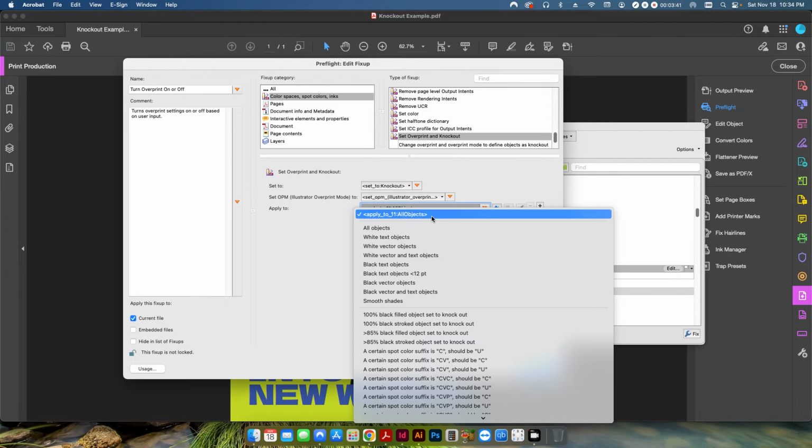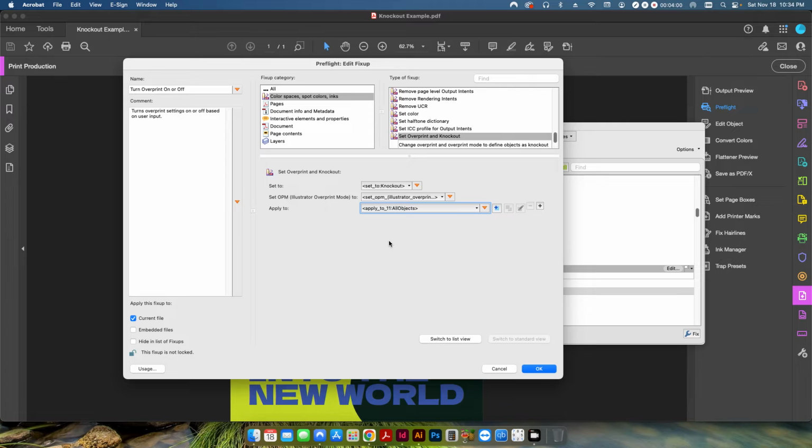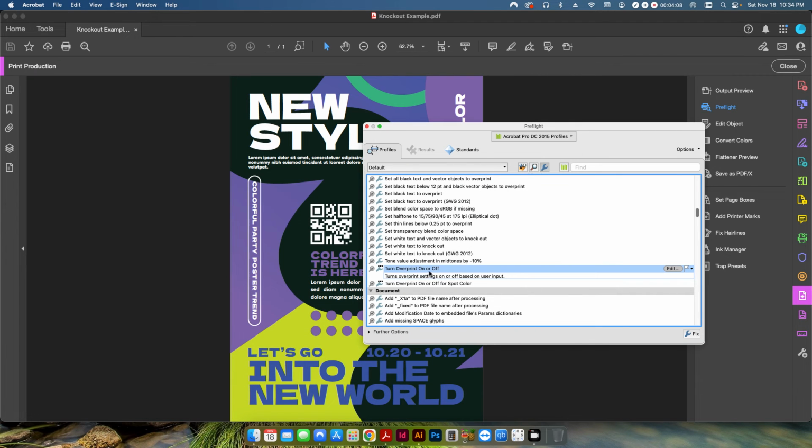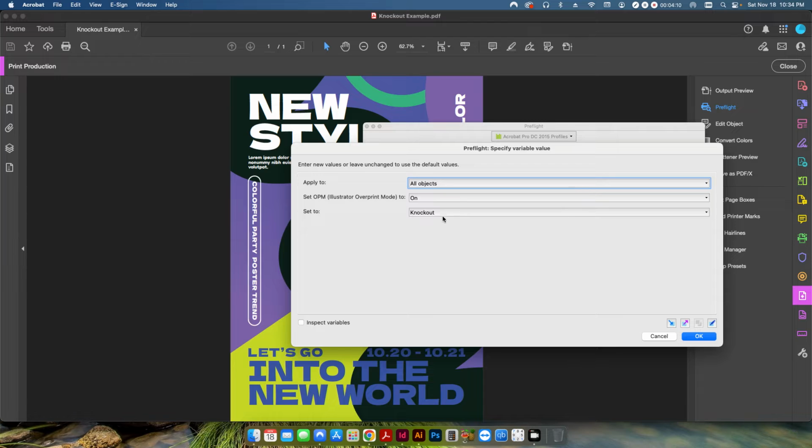And then what do we apply this to? So by default, I believe it's set to all objects, but you can select specific things like a white text object or a white vector, and I've created this as a variable as well, so when we apply the fix-up, we will be able to select just what we want to apply that to. So if I click OK and I go ahead and I click the Fix button, we're